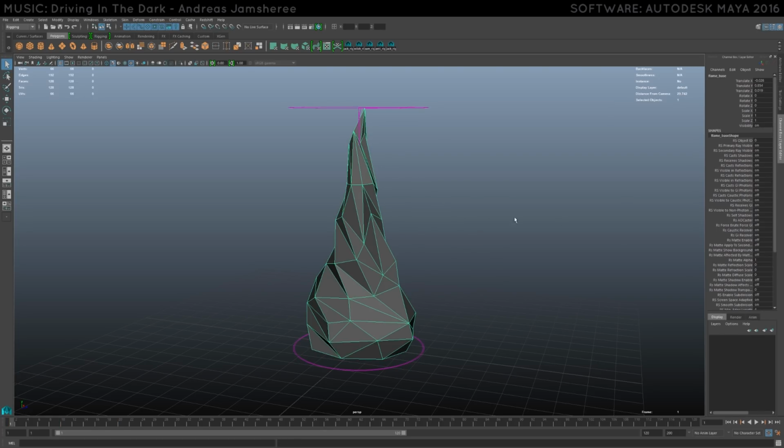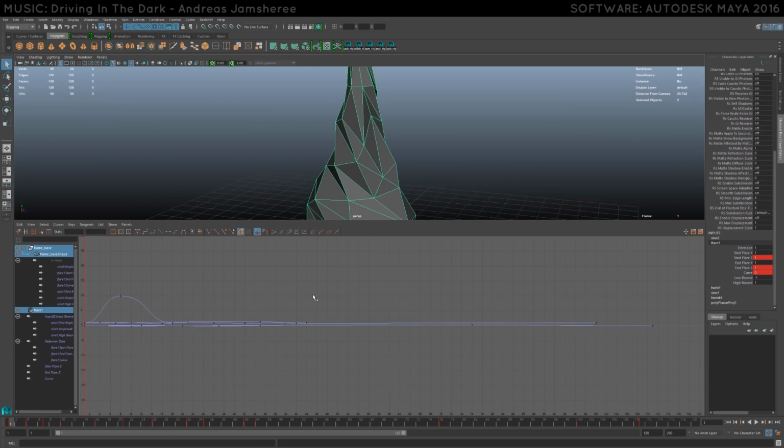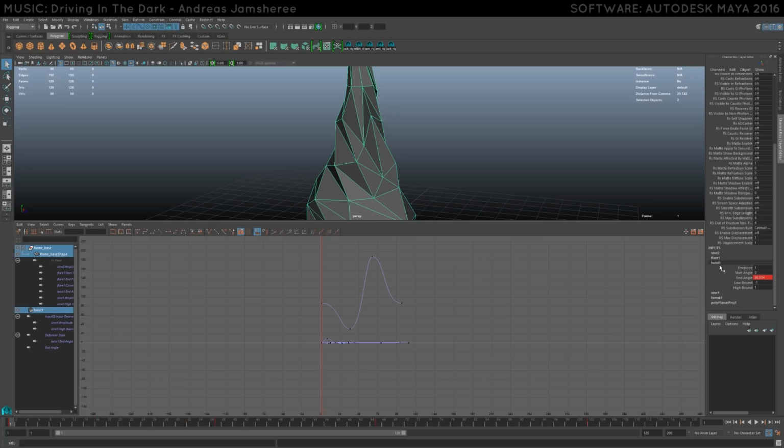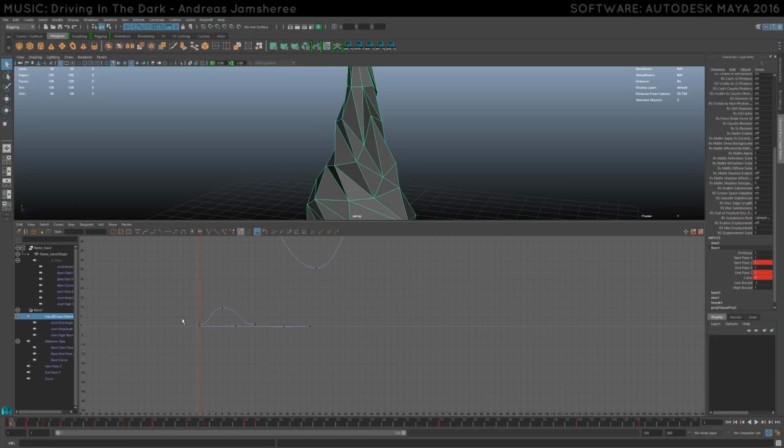So what I did with all of these deformers combined is I went in, and as you can see by the red here, they all have keyframes. If I go into the keyframe curves, you can see that I added just some random keyframes for these deformers, and I made sure that all of them had a different sort of offset. So this flare 1, for example, has keyframes that go only to frame 18, while this one goes all the way over to 35, and then this one is all the way over here to frame 100 probably, because I like even numbers,